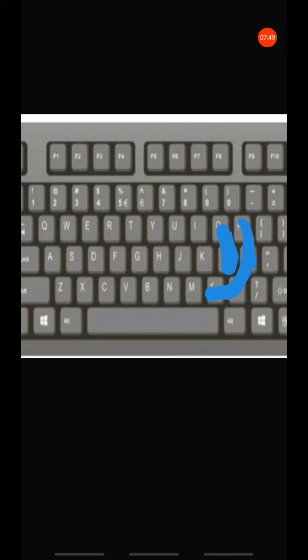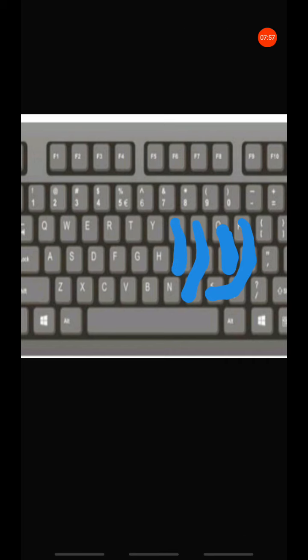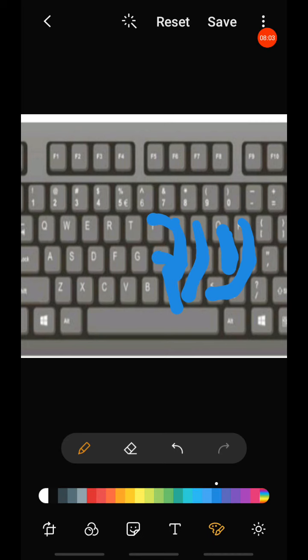These are combos of our ring finger. These are combos of our middle finger, and these and these are of our middle finger and index finger. These like this also. So we have completed our right hand.